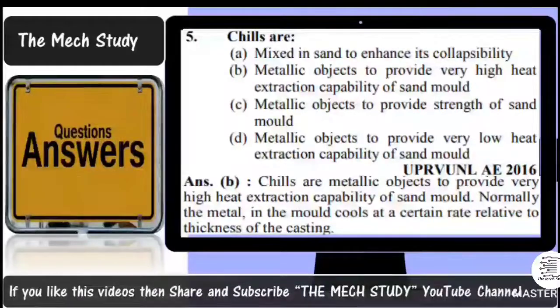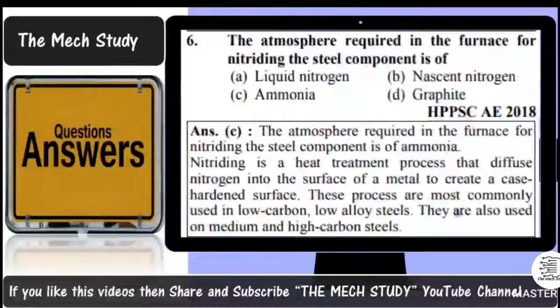The right option is B, because metallic chills are generally used to provide very high heat extraction capability of the mold sand. I have also written here that mostly it is used to cool certain regions of relative thickness of the casting. That's why we are using the chills. Going with the next question,